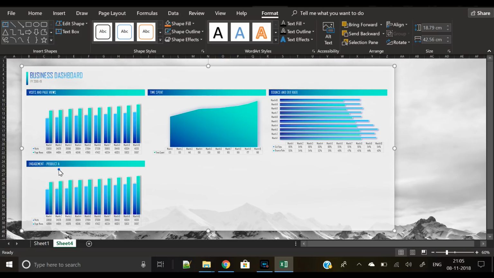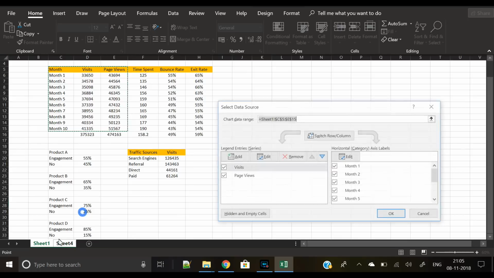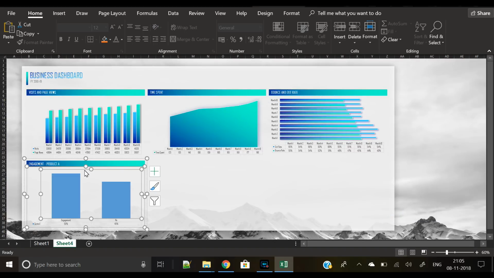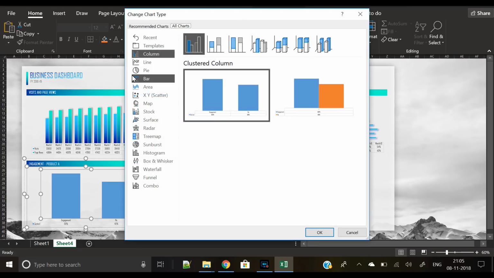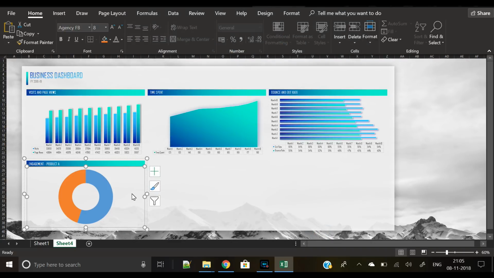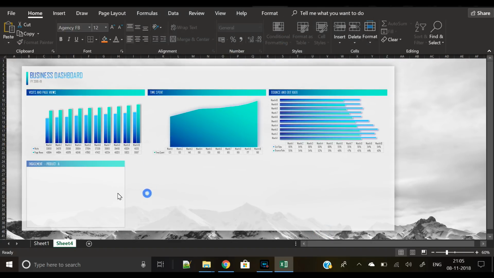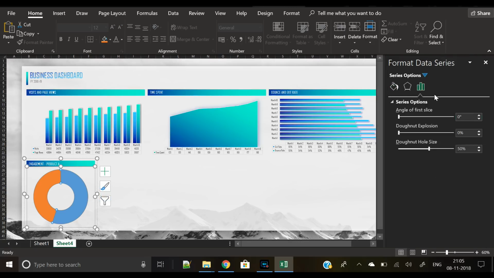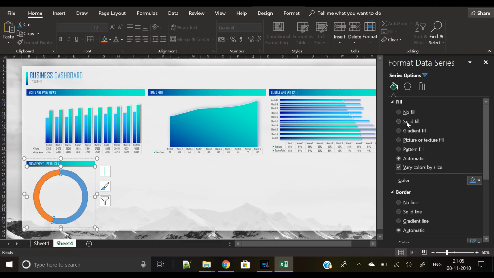So what we will do is we will right click, select data, and select the data from our sample data sheet, and we have selected this data. Now we have this chart, but we do not need this chart, and we will use a very beautiful donut chart here. Currently it is in very bad shape, so let's beautify it. For that you have to first of all decrease the width of this donut chart here. Let's keep it 80,